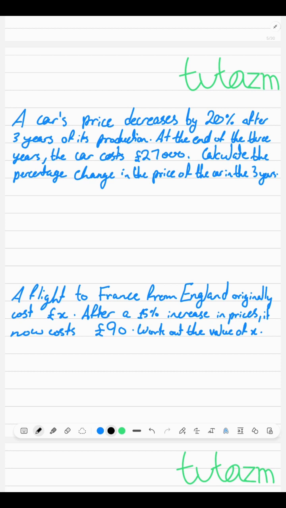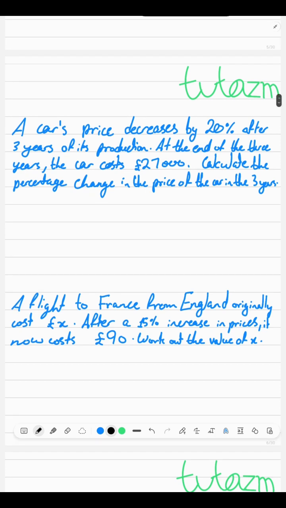But anyway, let's have a go at the question then. So, the car's price decreases by 20% after 3 years. The original car price, we'll say again, is equal to X. And that decreases by 20%, so 1 minus 0.2 is 0.8, so 0.8X. And that is equal to 27,000, which is the final value. So therefore X is equal to 27,000 divided by 0.8, which if we put that into our calculator gives us